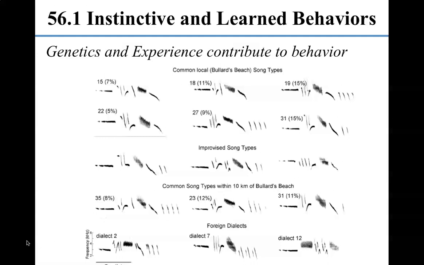They could sing the song note for note, and you couldn't really tell a difference between their song and the song that they had been played on the tape. But in contrast, the males that had never heard the white-crowned sparrow songs before never sang in the way that the wild males did. So the singing behavior is instinctive, it's innate, but the actual song, the pattern of the song and the notes and the rhythm, that is learned behavior.